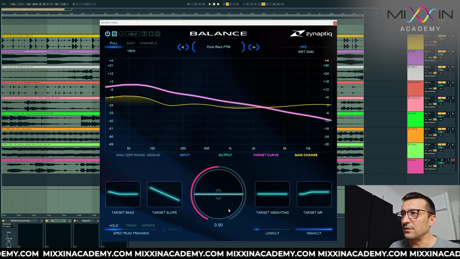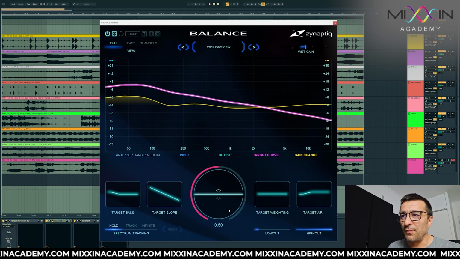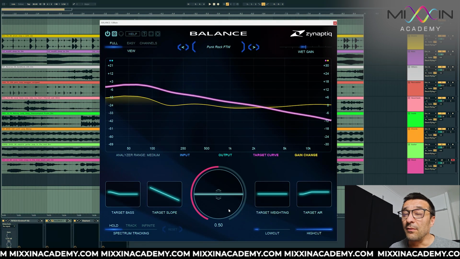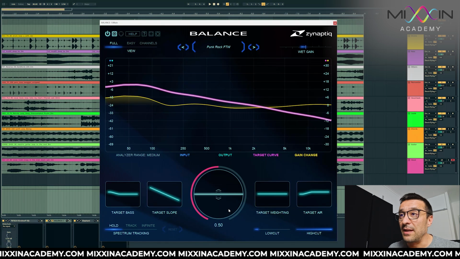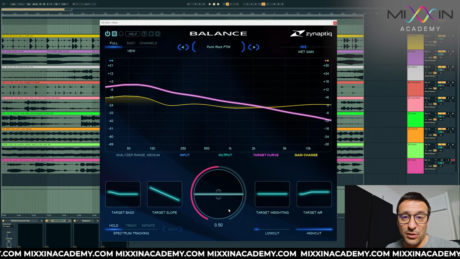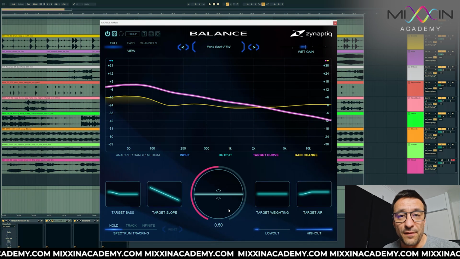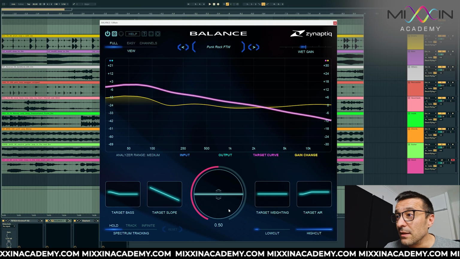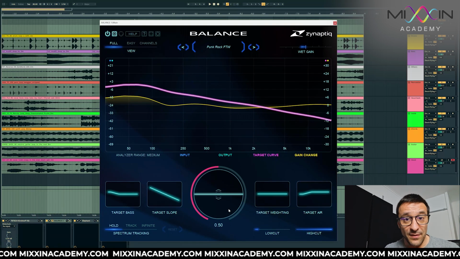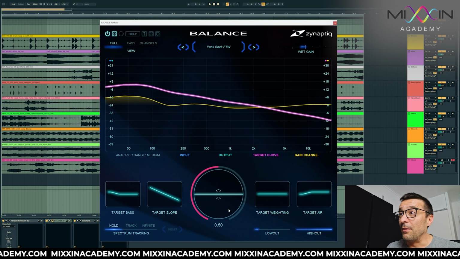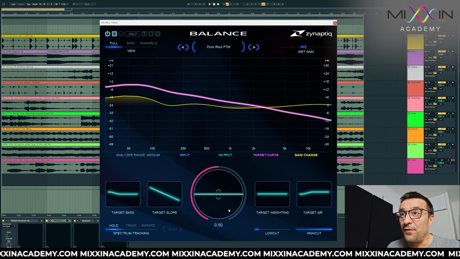So I think this is a really nice tool to help somebody who's not really sure of the target curve they need to apply. Now, it will really be nice if this plugin had a way to capture a target curve of something that you could feed it. Maybe I'm missing that, maybe this can be done. Haven't seen that to be possible, but for what it's worth, what the plugin is offering, I think it's really